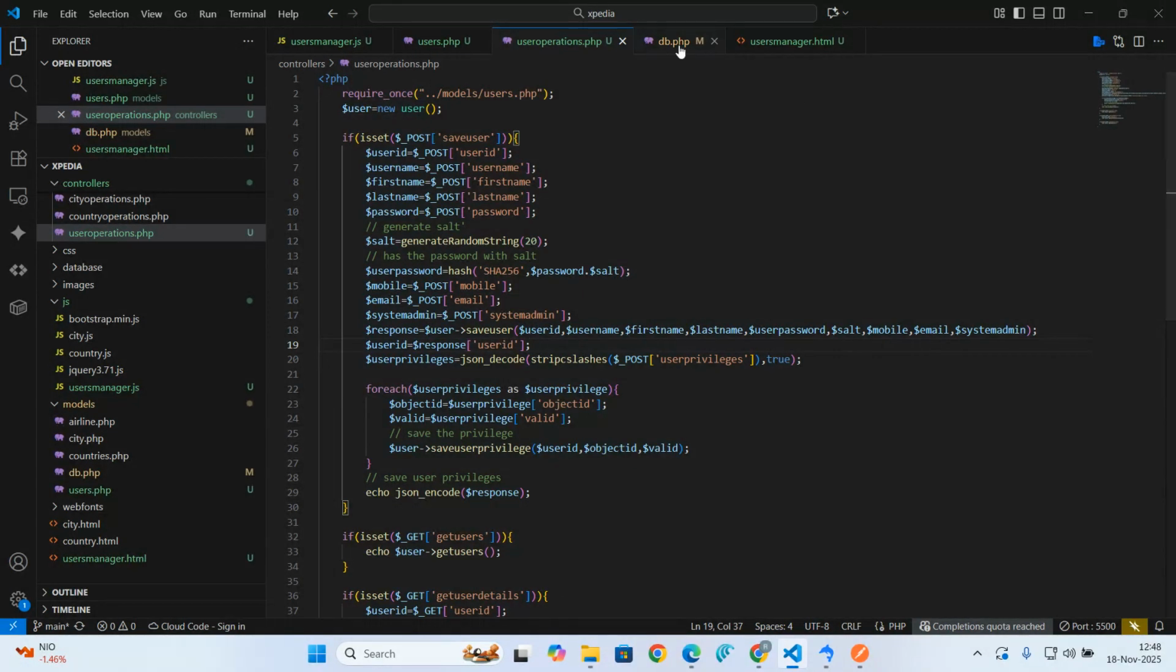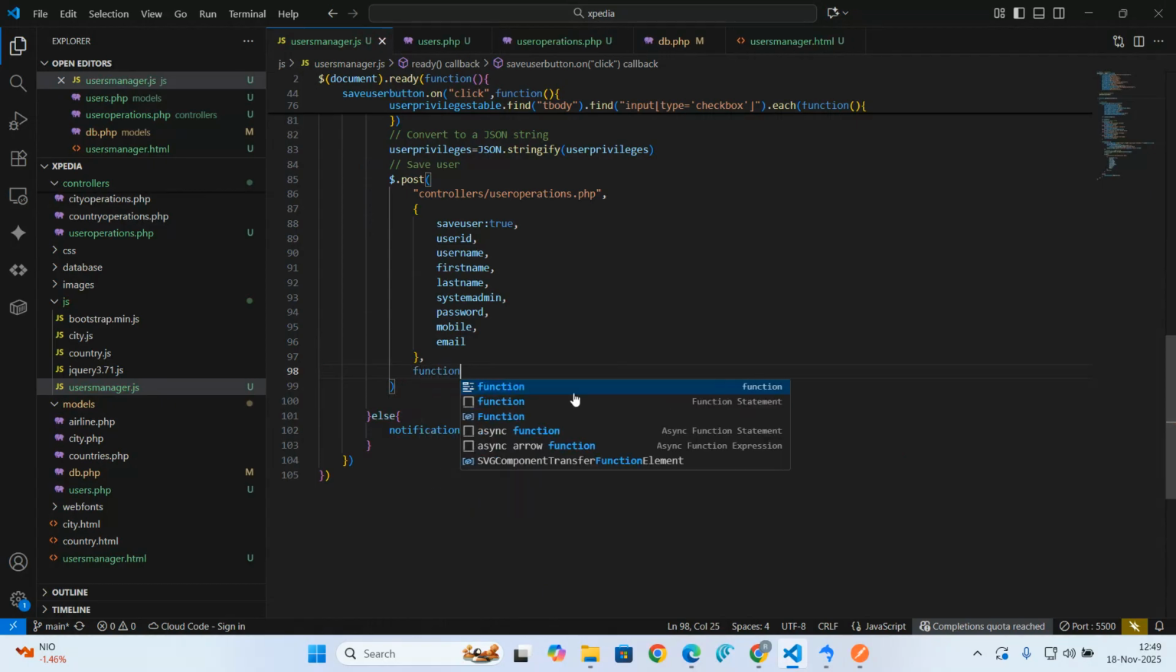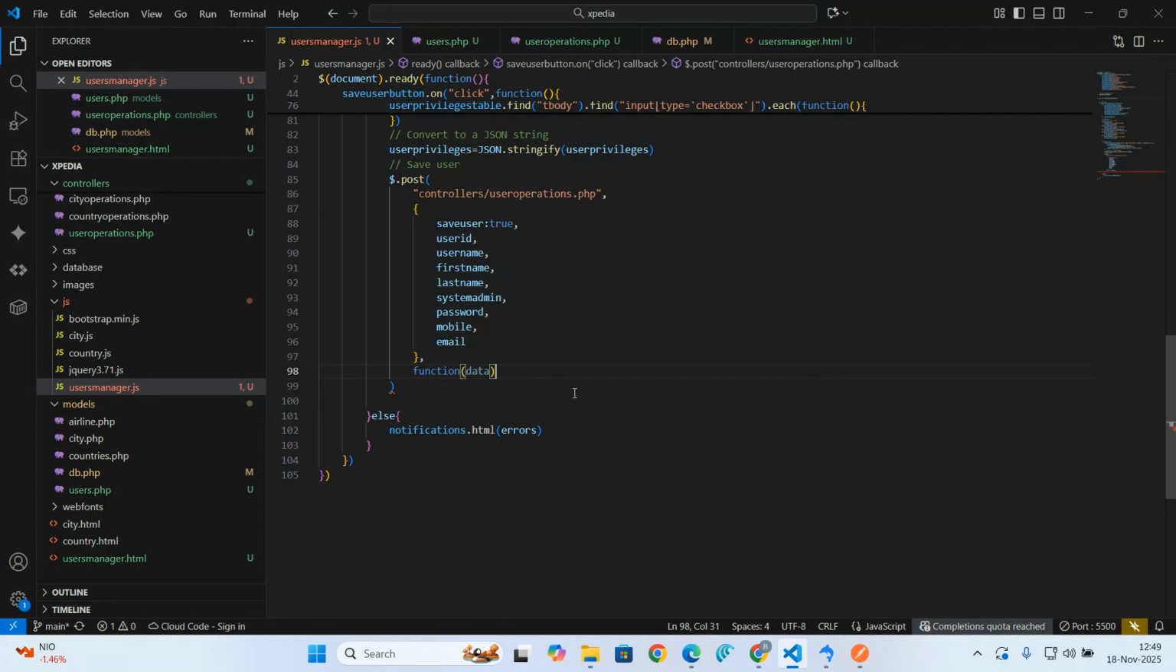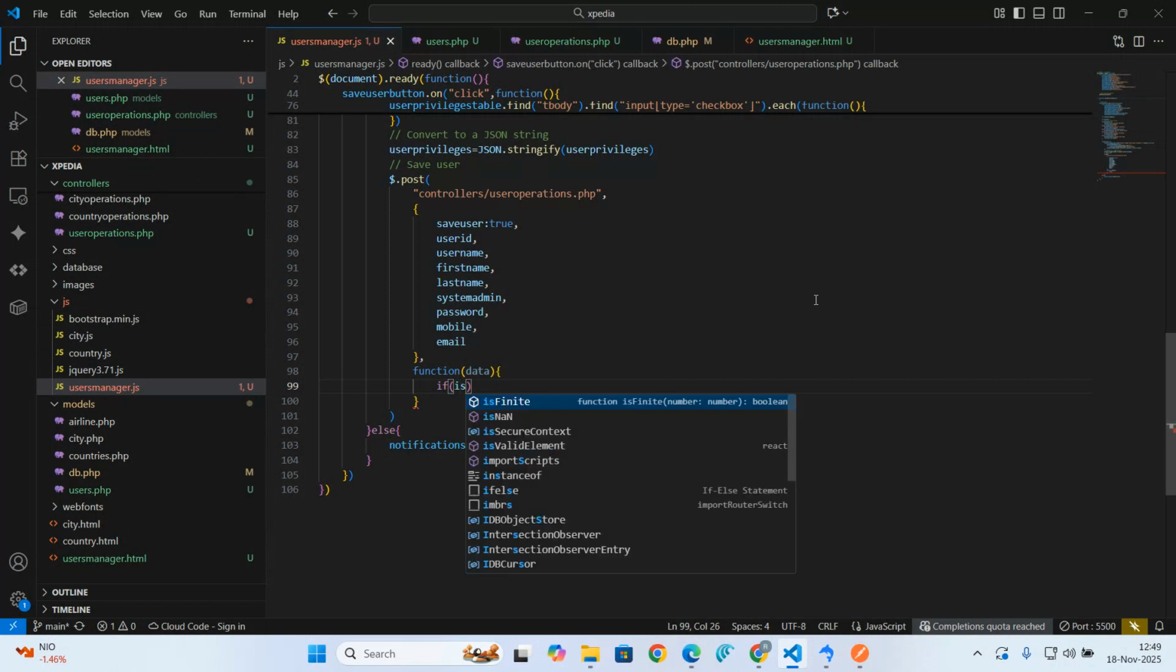So once that is done, I can simply come here and I'll run a callback function with the data that has come back. Now the data that has come back is a little bit tricky because I need to know if it is a JSON object. If it's a JSON object, it means that no error occurred. So what I'm going to do is I think I have a function here called isJSON. So if I say if isJSON,